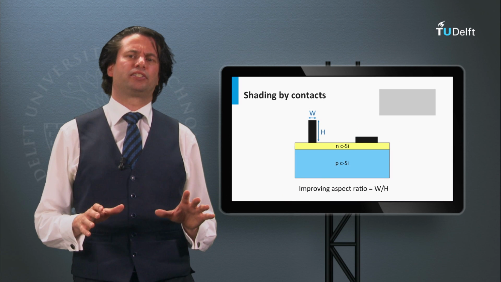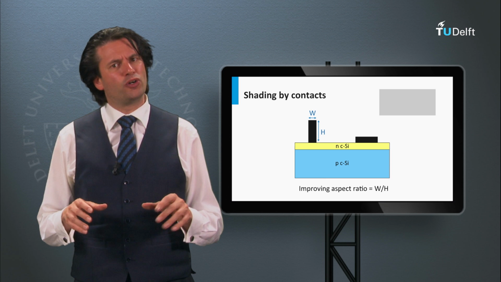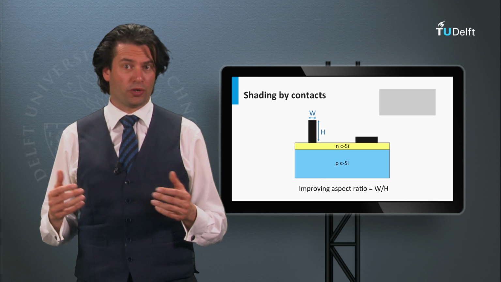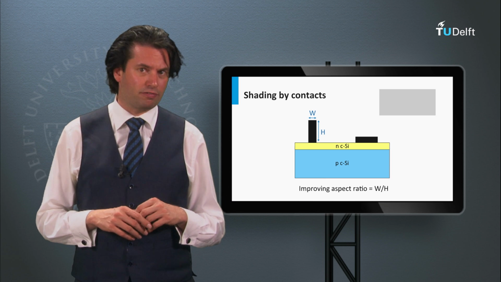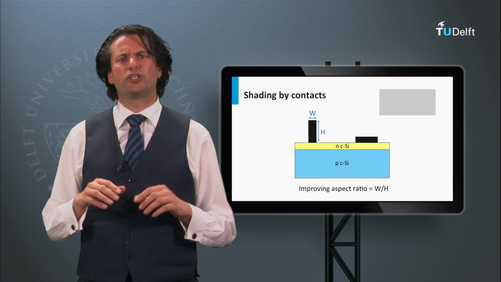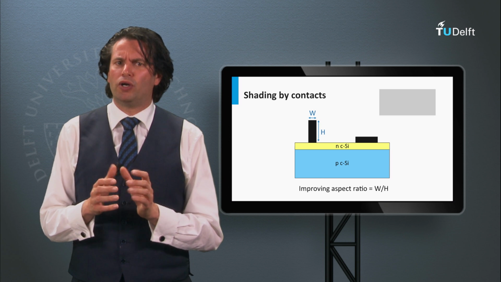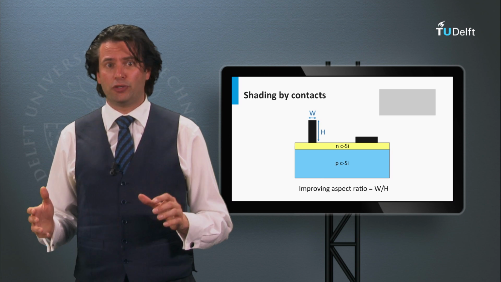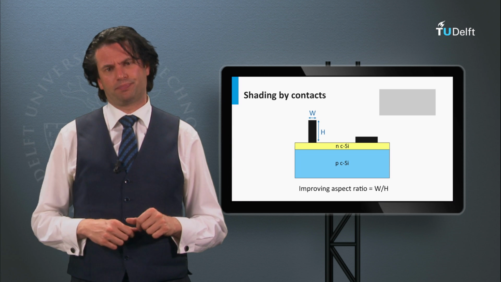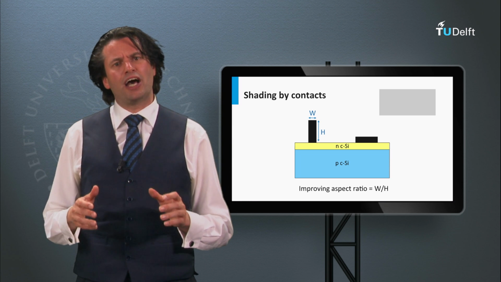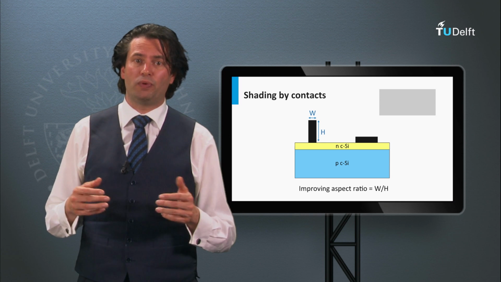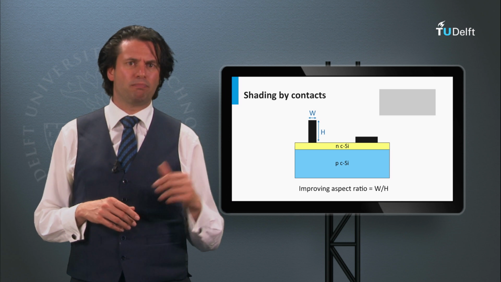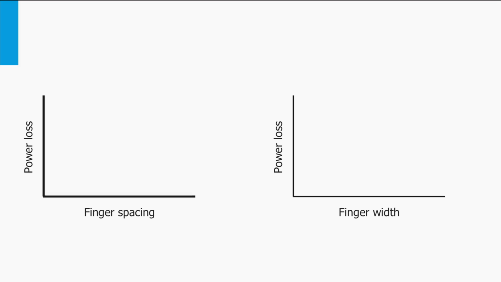As the metal contacts are at the front surface, they act as an unwelcome shading object. Or in other words, light incident on the front contact area cannot be absorbed in the PV active layers. So you would like to keep the contact areas as small as possible, which is in competition with the fact that you would like to have as large a cross-section as possible. So basically you would like to have as small a width and as high a height as possible to comply with these requirements, as demonstrated by the left contact. As you see, we have several effects which are in competition.